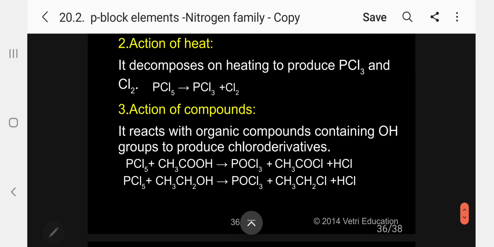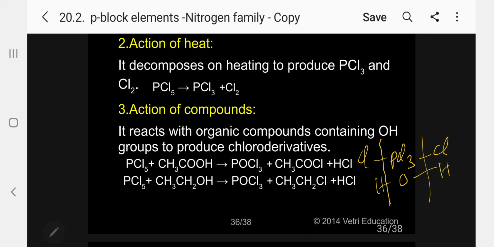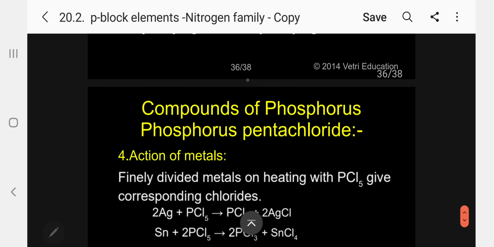Now, coming to organic, what is happening? You can just see here PCl3, Cl, just imagine like this. So what will happen now? When it undergoes action with HOH, imagine like this, phosphorus oxychloride is formed and HCl is formed. Kindly follow. This is the way we get it. All the OH is substituted by Cl, and again HCl is produced. So phosphorus oxychloride is the main product.